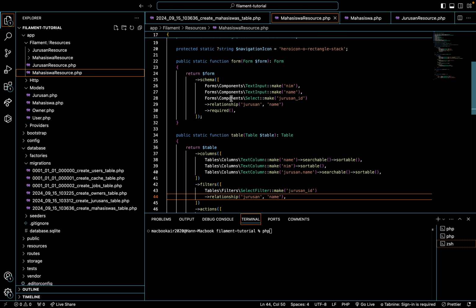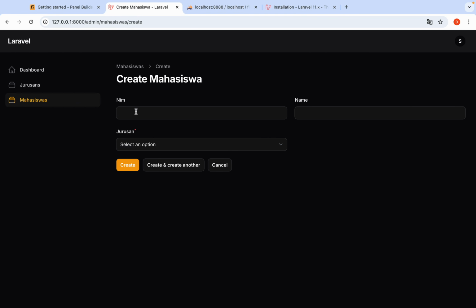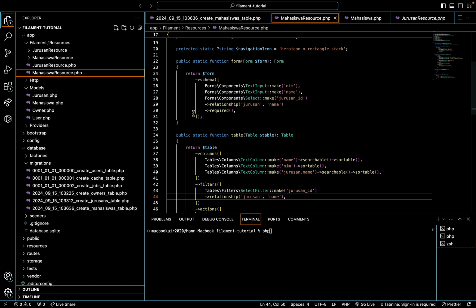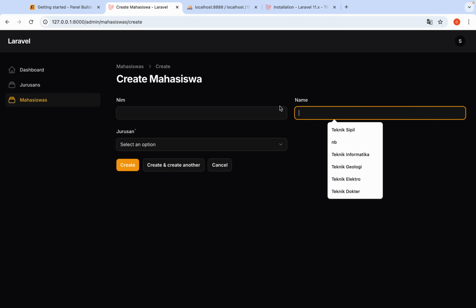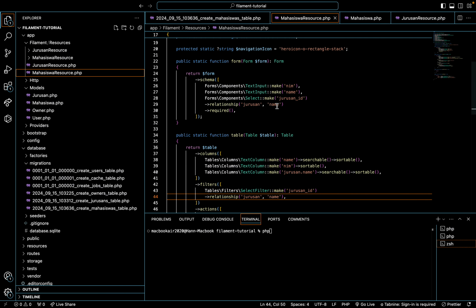For the text input, make name, the text input will make name, and then the form component text input makes the name, and the second is for the name.